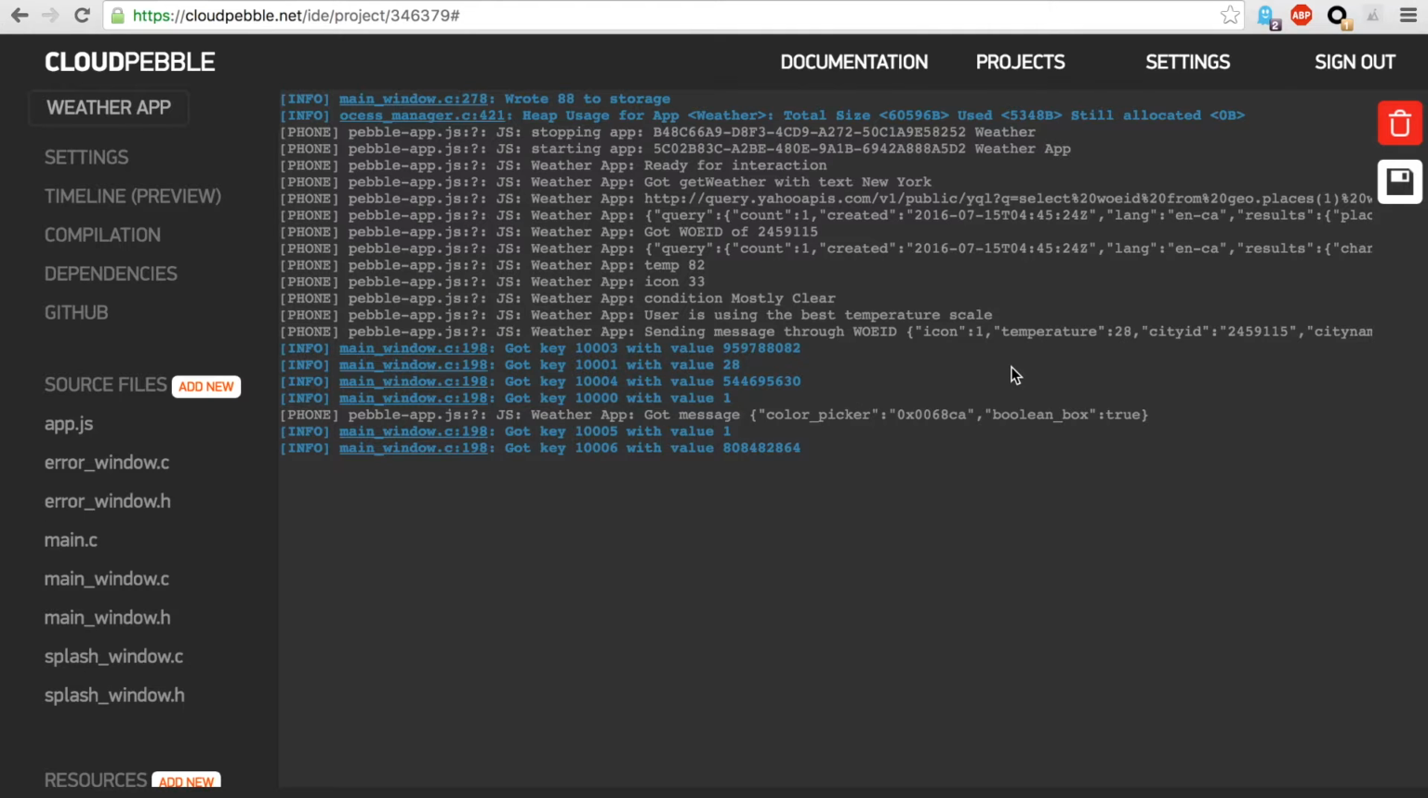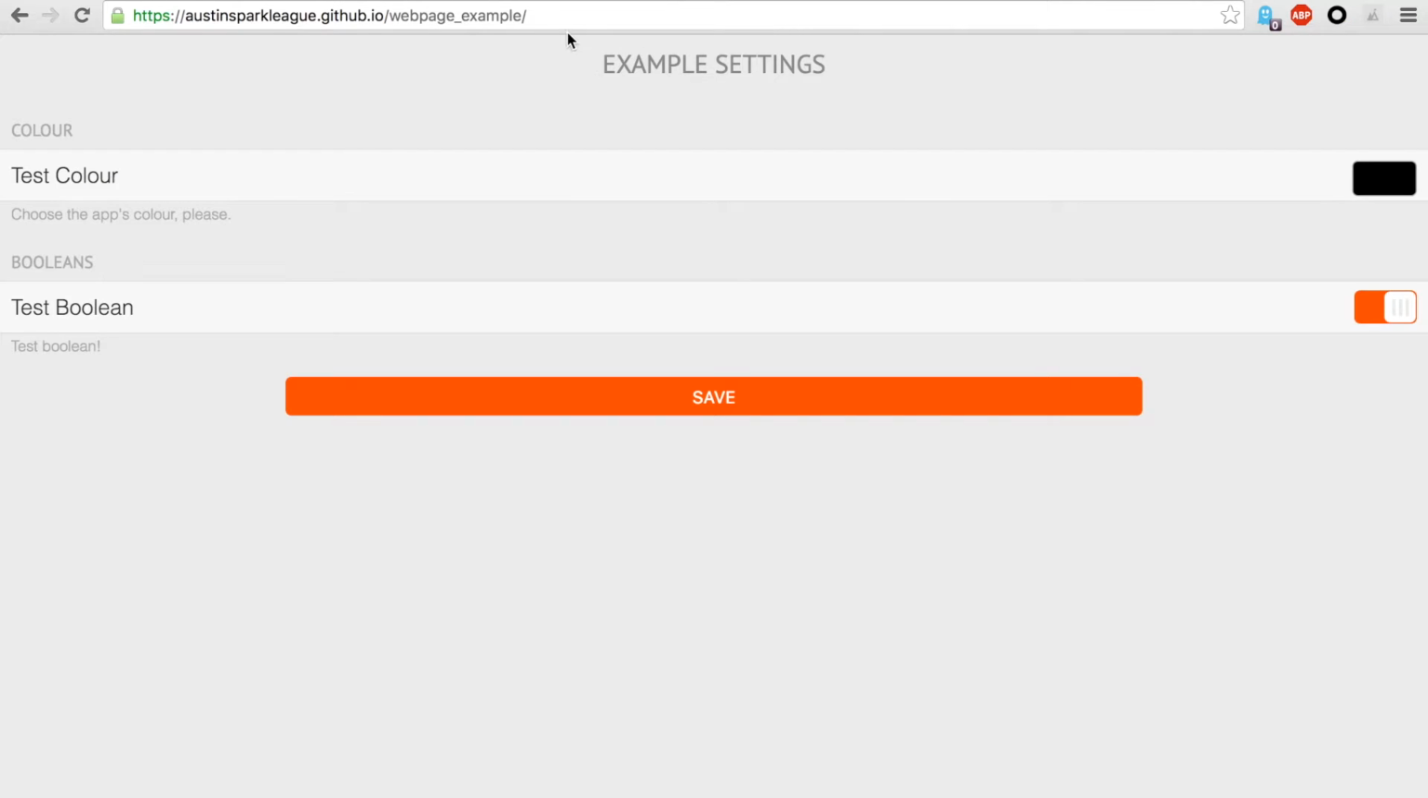And you can see here, guys, that what our program did was get the message of color picker and the Boolean box from our settings page. It sent it to the watch, and the watch parsed it. So let's just hop over to our settings page code. We're actually going to go to